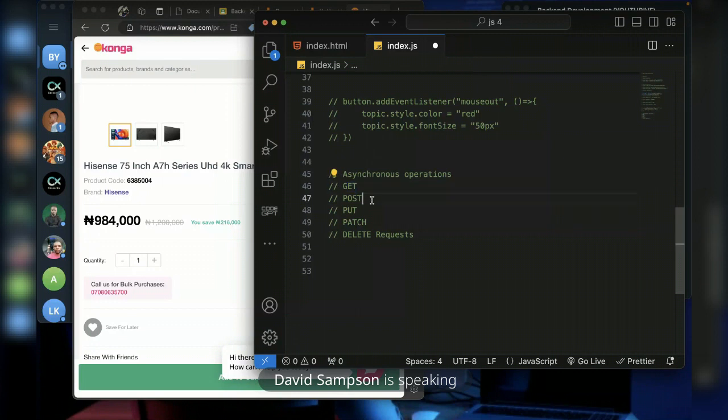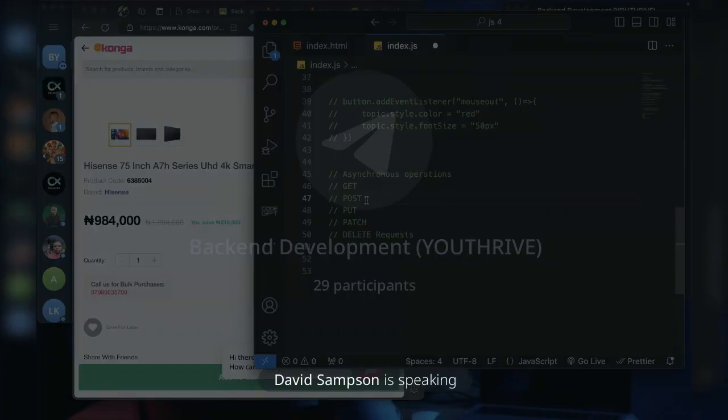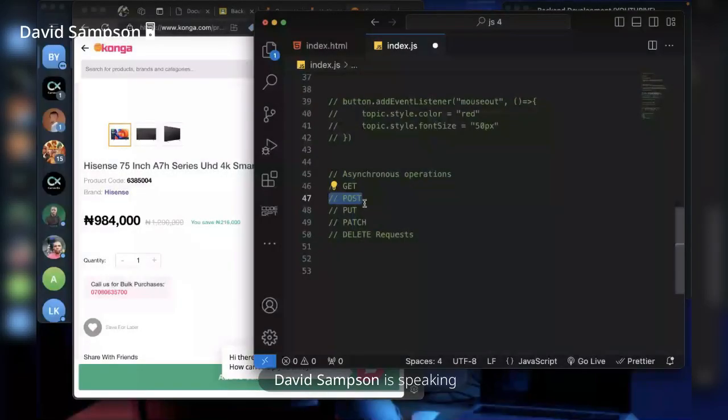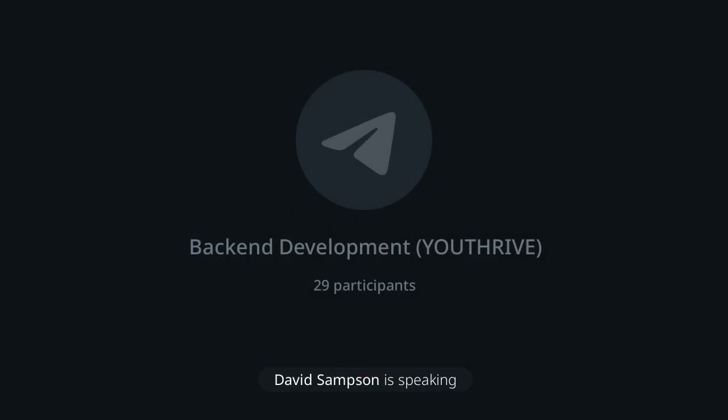Now, the second type of request is a POST request. These POST requests are the front end sending data to the backend. Most importantly, it is sending data. So any request that involves sending data to the backend is called a POST request. But most times, the request is to accept the data and save it on the